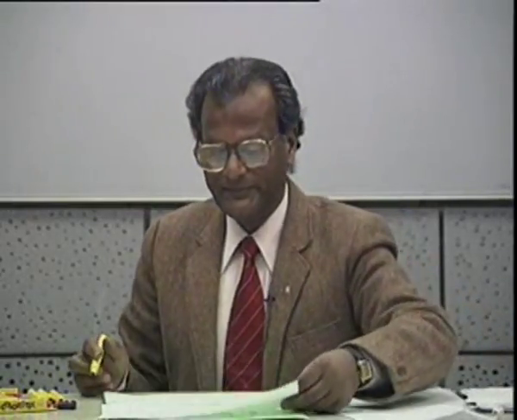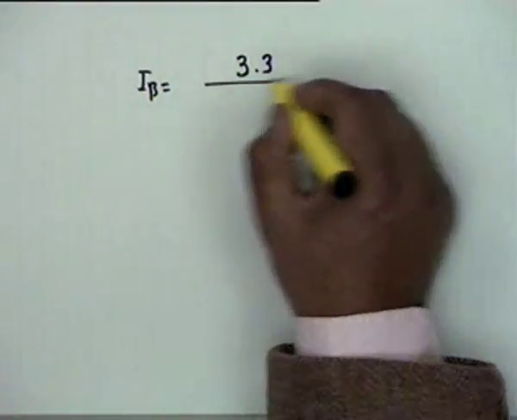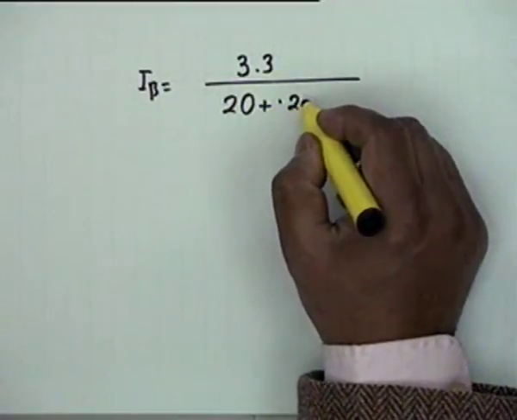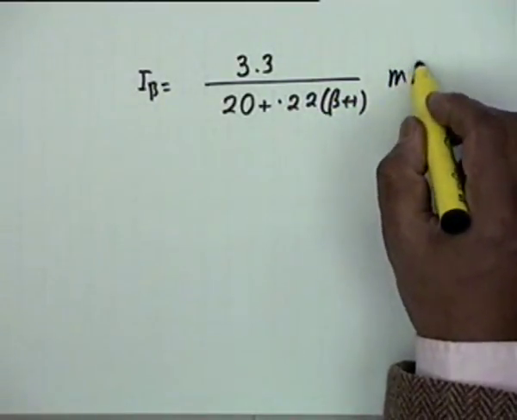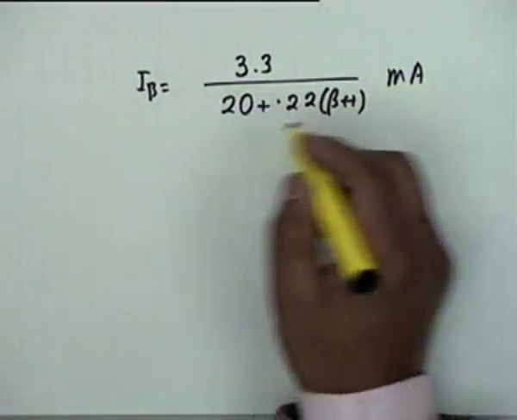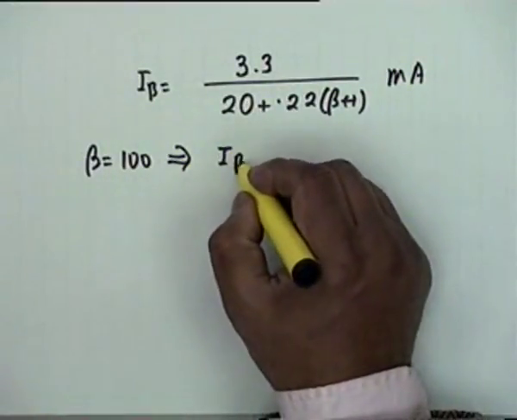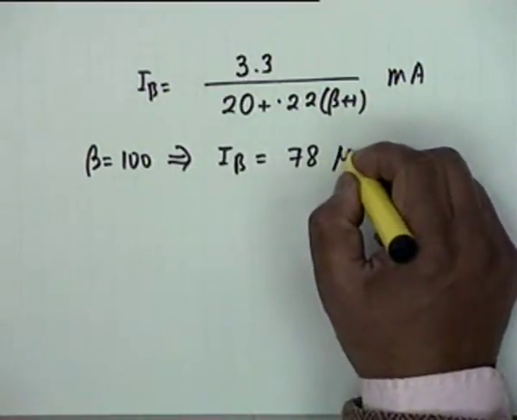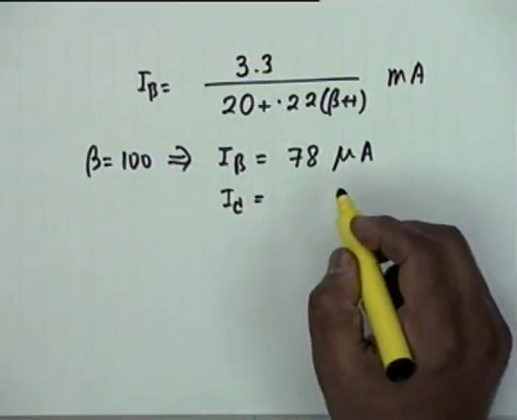Now, let me recollect this, IB is 3.3 divided by 20 plus 0.22 beta plus 1, so many milliamperes. Okay. You must get into these conversions very quickly. So, a beta equal to 100, that leads to I sub B. If you substitute this, I hope I am right, it comes out as 78 microampere, and therefore I sub C is equal to,